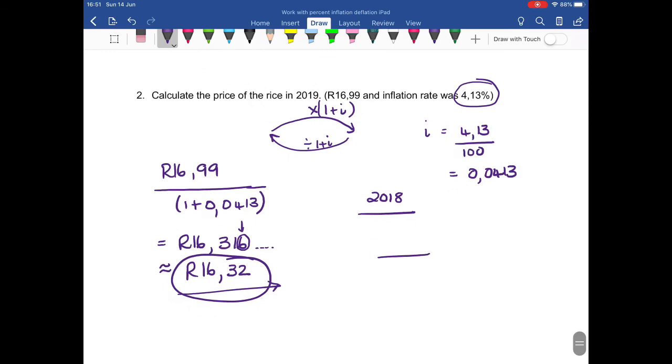So I would take the new price divided by 1 plus 0.0462. So remember, it is repeated simple interest, which in essence is compound interest. That is how you work out inflation and the price the previous